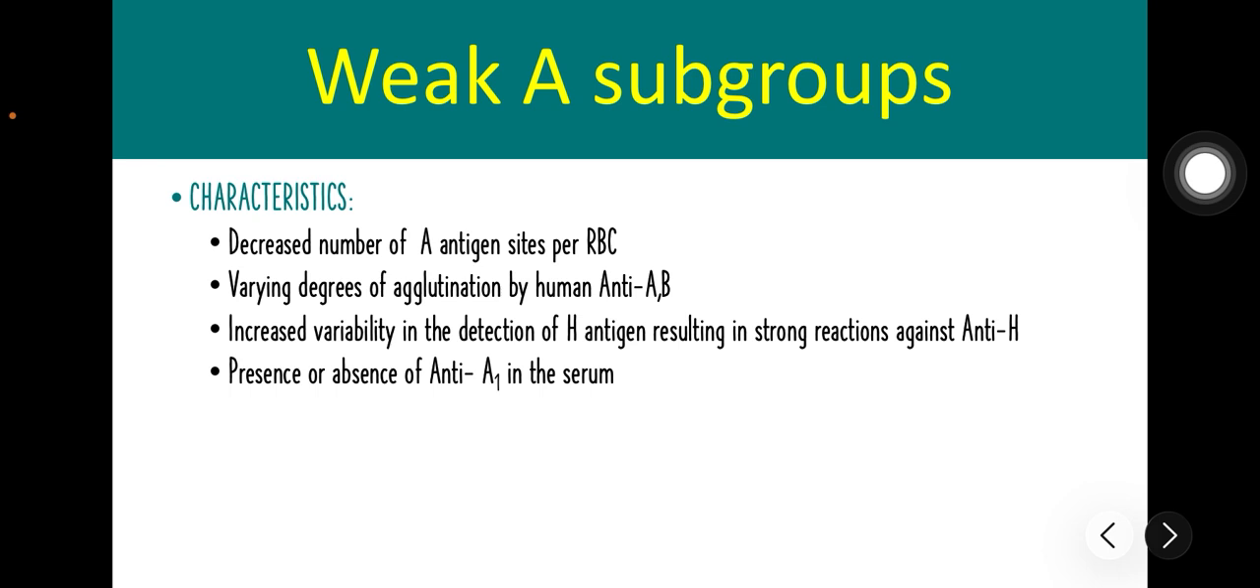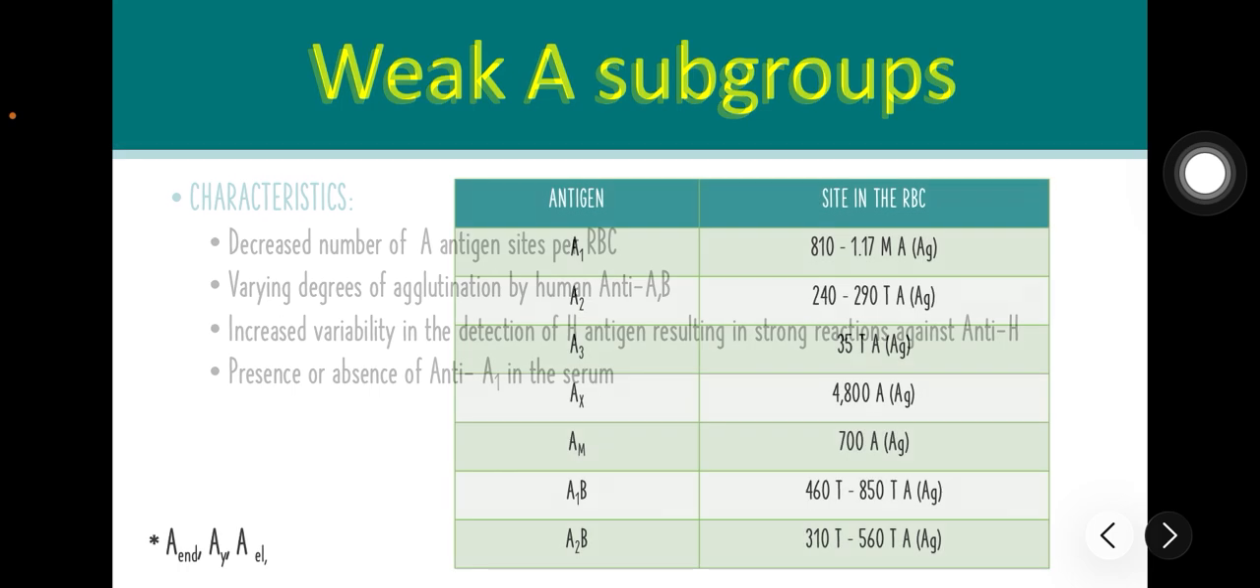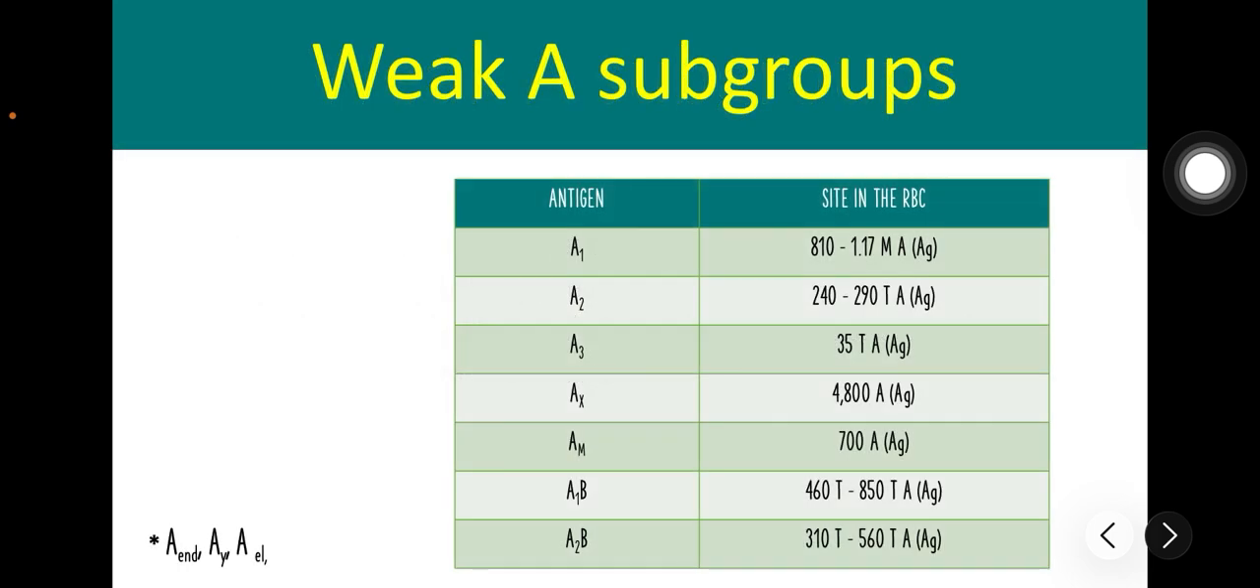There are also some individuals that will produce an anti-A1 antibody in their serum, which can cause a mismatch in the reverse type. If the person is a secretor, A antigens may still be detectable in their saliva even if they are hard to find on the RBCs. The weak subgroups are classified in this table, based on their reactivity with human anti-A and anti-AB, as well as the site